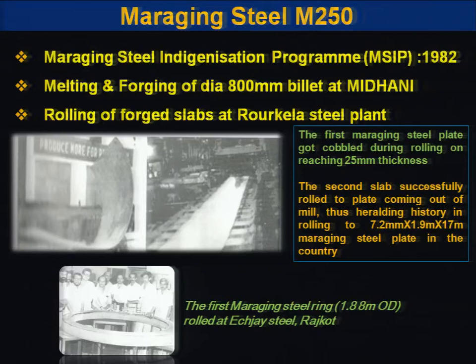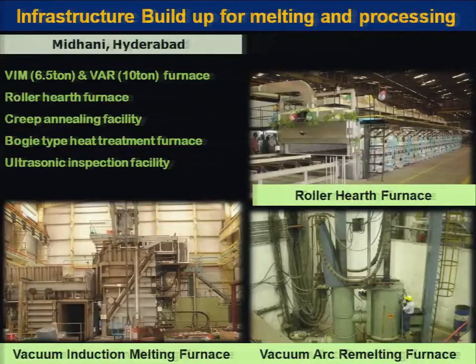The first maraging steel ring, 1.88 meter ring, was rolled at XJ Steel in Rajkot. And you are seeing the people who realized this standing in front of that. Then a certain amount of infrastructure built up for melting and processing, which happened at Midani: vacuum induction melting furnace, the vacuum arc remelting furnace, and also roller hearth furnace. They were all realized and have been extensively used for producing these materials,